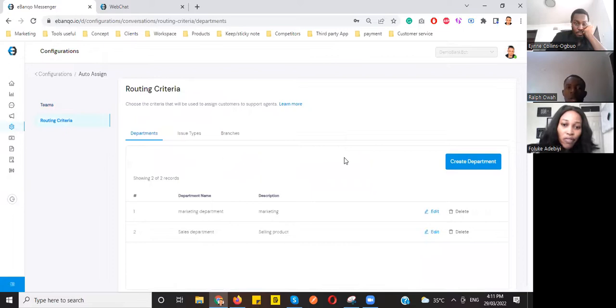Great. So here we are in routing criteria. Today, in AutoAssign version 1, we have various routing criteria, right? These routing criteria determine the kind of teams that you are setting up, based on the problem you're trying to solve with this team. For example, do you want a specialized team to handle inquiries around sales, inquiries around marketing of products, right? Or you want a specialized team to handle, for example, card refunds,